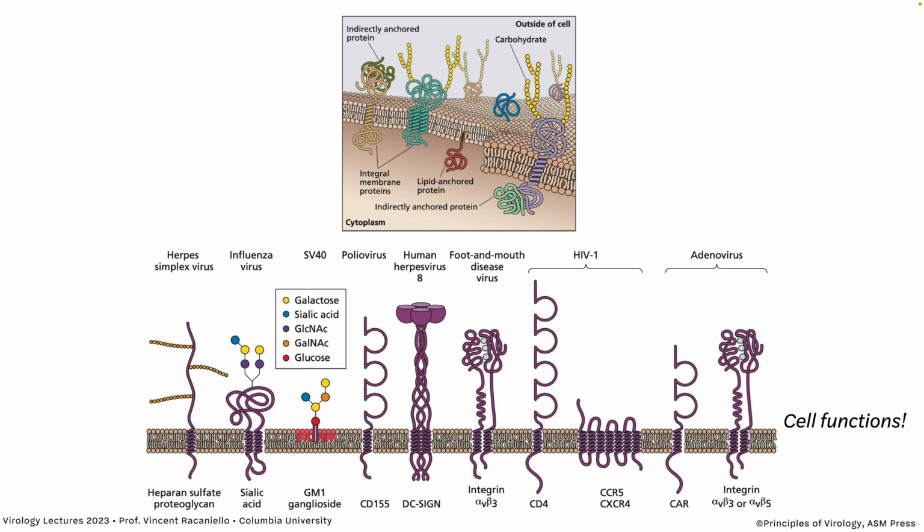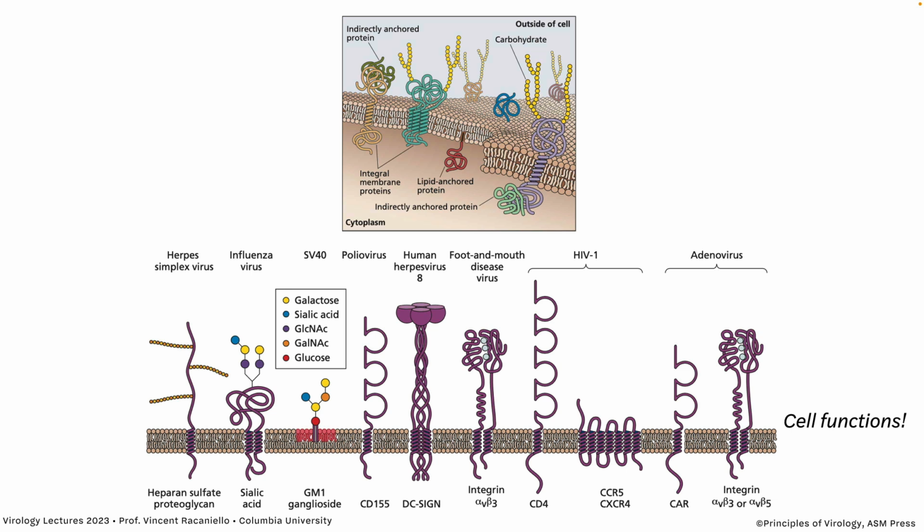HIV requires 2 receptors for cell entry. We'll talk about that today. And so does adenovirus, requires 2 different proteins. So the HIV receptor was hard to identify because 1 wasn't enough. They had CD4 early on, but it wouldn't confer susceptibility, and they had to look for another protein. That's where they came up with this multi-transmembrane, 1, 2, 3, 4, 5, 6, 7 transmembrane protein, which is a